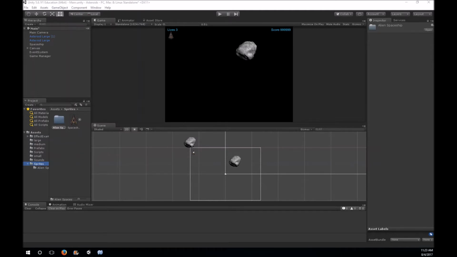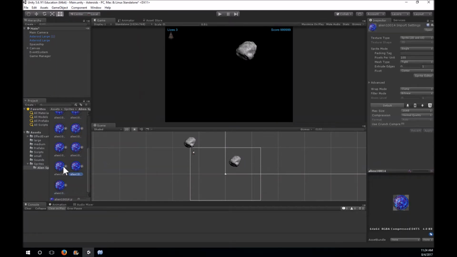Let's get started. So the first thing we need is an alien spaceship. So I went to a site called Millionth Vector. I'll put a link in the description below. And there's some free spaceship sprites there that we can use. And I got this alien spaceship here, and I brought in all his sprites. This is an animated sprite, so it's got 15 different frames of animation here, mainly just shading and coloring the